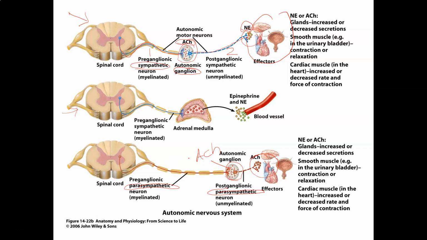There's a couple other things to notice in this picture. For the autonomic nervous system, the preganglionic neurons are myelinated. They have a myelin sheath, but the postganglionic are not myelinated. And then I also wanted to mention this middle example. This is an exception to requiring two autonomic motor neurons to reach the target. In the case of the adrenal medulla,